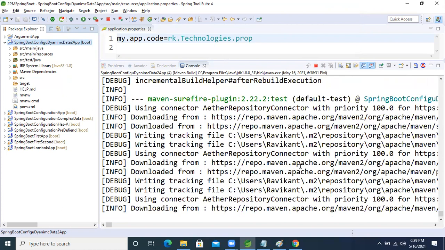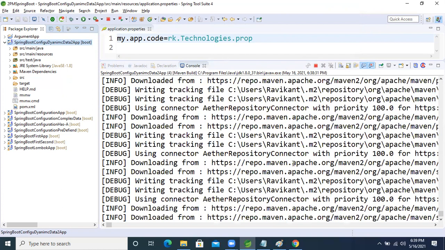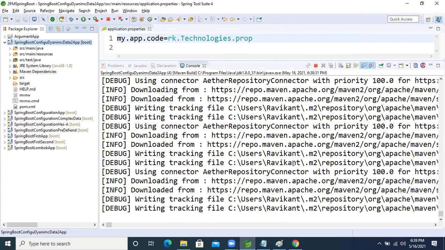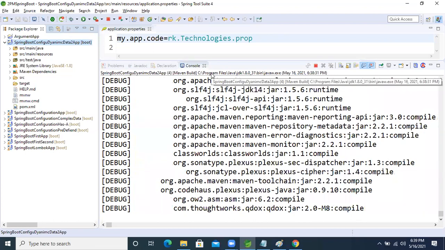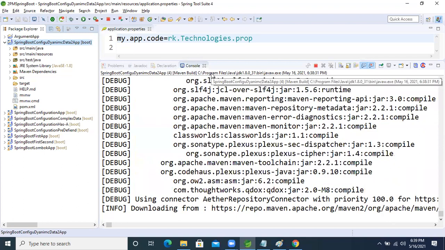Okay, it will take time. If it succeeds one time, right? Second time onward, it will work properly.